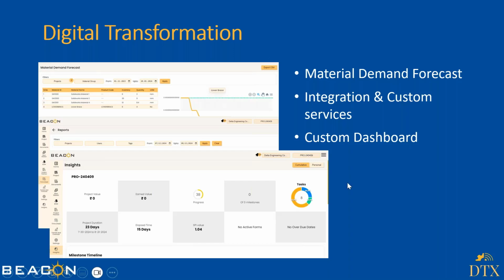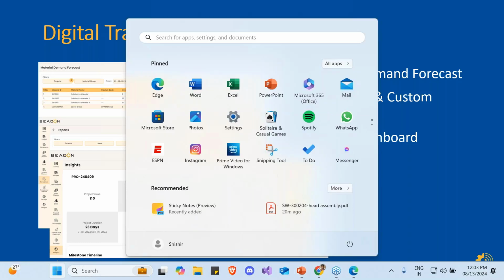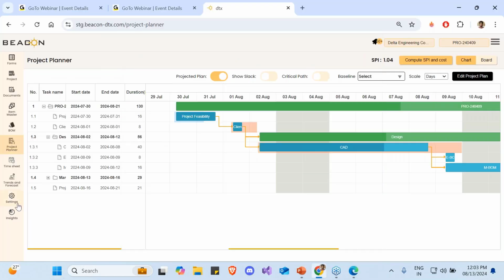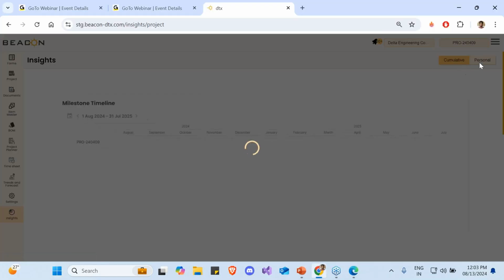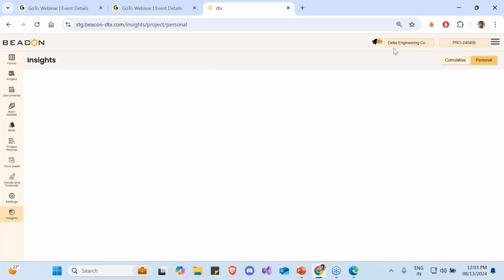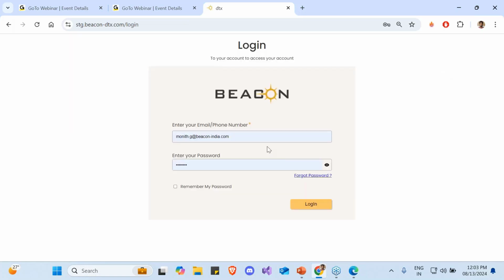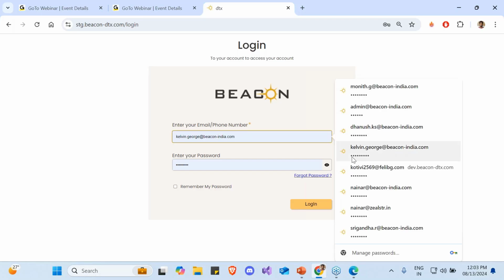Okay. So like this, you'll be able to see, and also for the users, they can see personal insights that will allow them to get information on the assigned tasks or assigned forms that they have. This one, maybe I think I have to change it to the user.